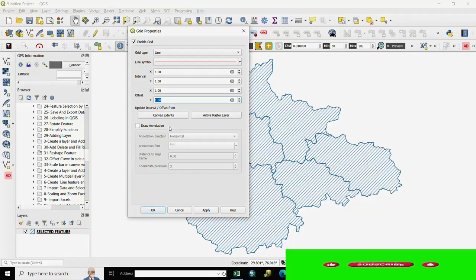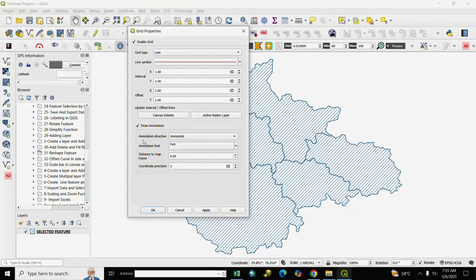After it, if you want to change symbology and others, you select here draw annotation and annotation direction. You select here horizontal, horizontal and vertical boundaries.